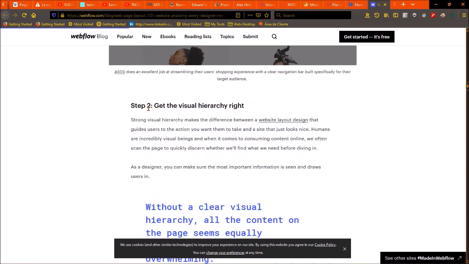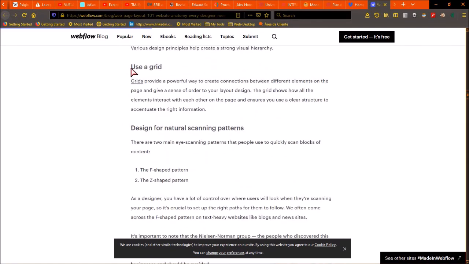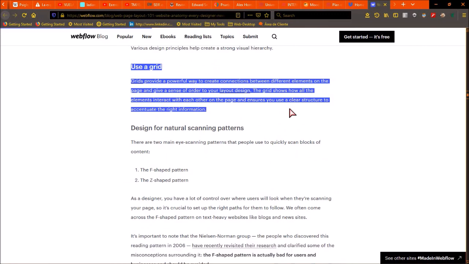So here it says step 2, get the visual hierarchy right. And it gives plenty of advice. Also, one common piece of advice is to use a grid for your design. To use a grid is to divide your page into sectors. I mean, one common grid is to divide it in 3 columns and 3 rows, and do something with each part of that structure.